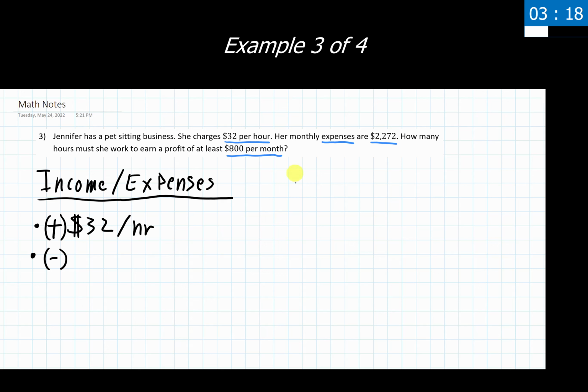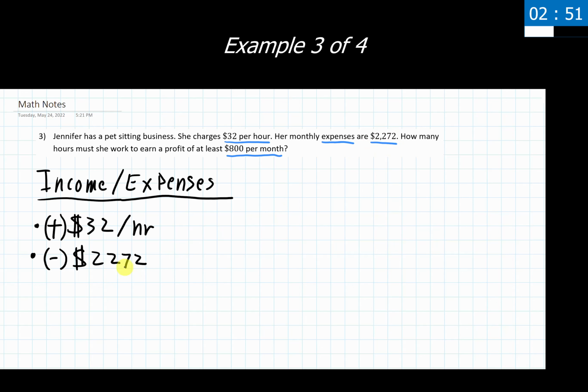Maybe you have a completely different column over here that's just listing expenses. It's your call. I'm just going to list this as a minus right here. So she's going to be losing $2,272 in expenses. We don't know what those are. Maybe it's one big thing. Maybe it's a compilation of these 5, 10, 20 different things. Who knows? But we know her expenses are